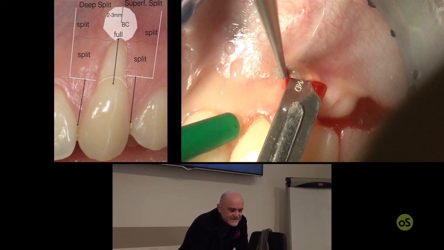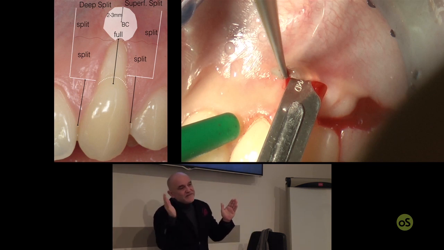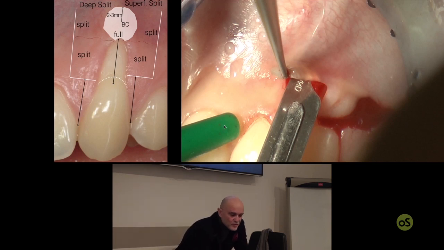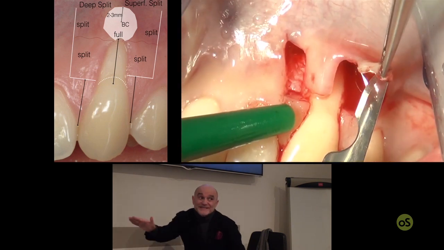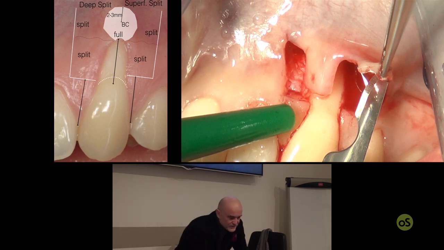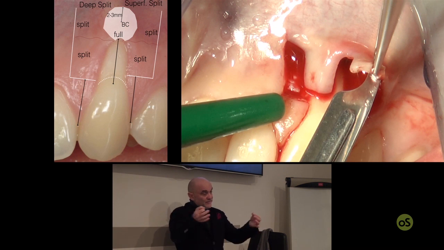What is important is that the amount of alveolar mucosa you are going to free is a bit more mesial and a bit more distal than the one that is identified by the true vertical incision. So what you have to do with your blade is also to go a bit more mesial, like this, and a bit more distal with respect to where the flap is identified by the true vertical incision, in order to have this alveolar mucosa a bit more lateral mesial, lateral distal, to be used for the advancement of the flap, thanks to its elasticity, with no need to extend further the